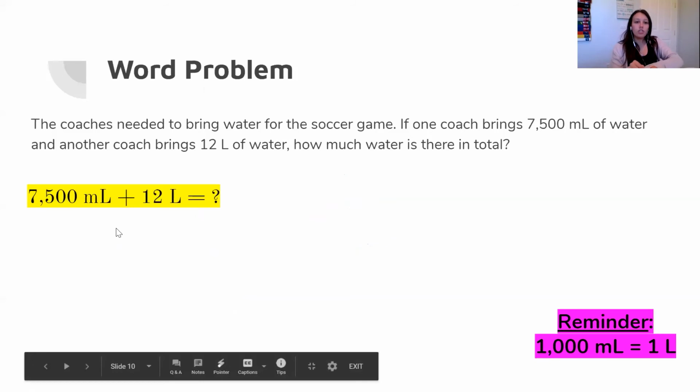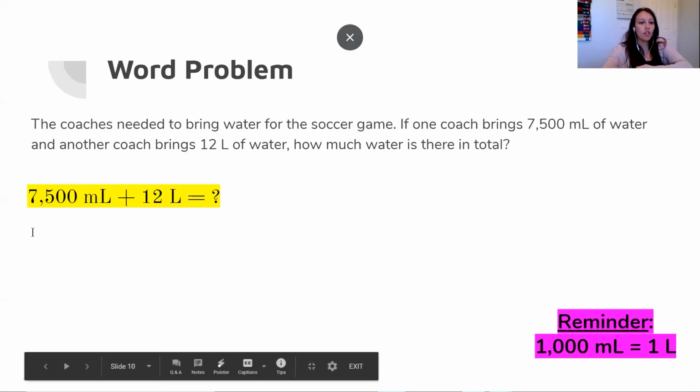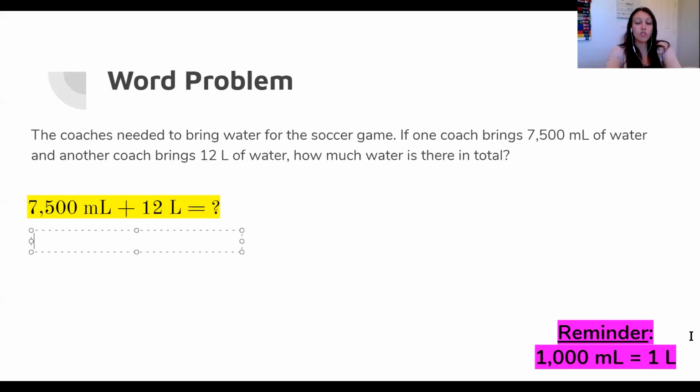We have that the coaches needed to bring water for a soccer game. If one coach brings 7,500 milliliters of water and another coach brings 12 liters of water, how much water is there in total? So this is an addition problem. So let's convert all of our units to be the same first. So we're going to convert down to milliliters. So we're going to have 7,500 milliliters